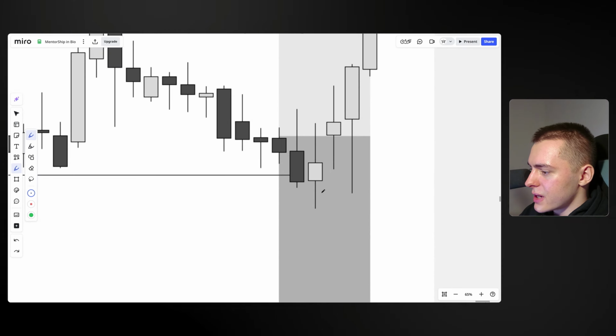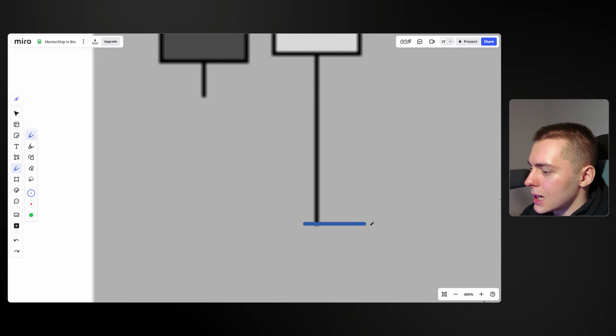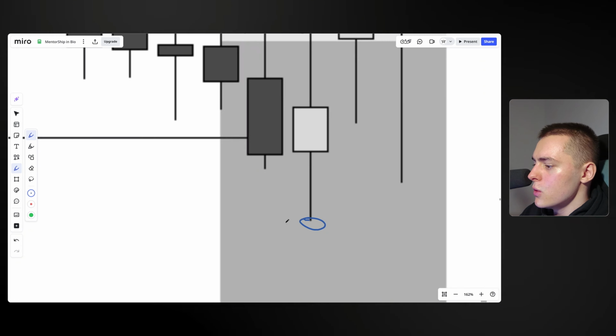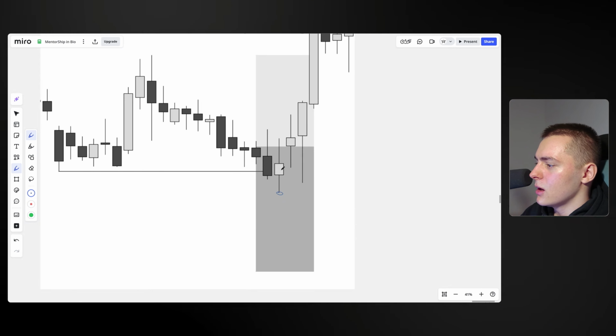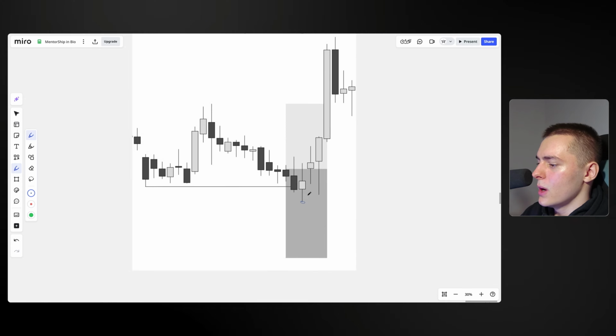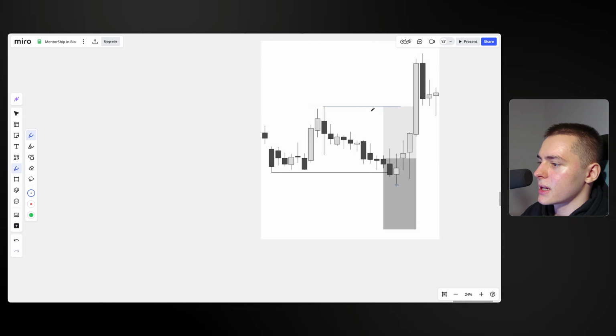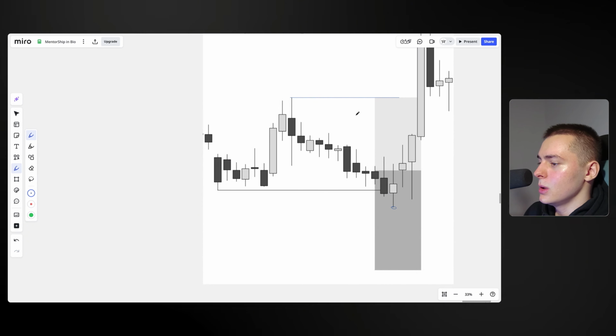We're not trying to time the market all the way at the bottom of this wick and then figuring out with some random calculation or indicator when to sell, when to buy. No, we only care about where price is going to go next. In this case, it was this high. So we could have literally taken a trade anywhere in here. It doesn't matter. As long as this high did not get violated, you could have taken a trade to the